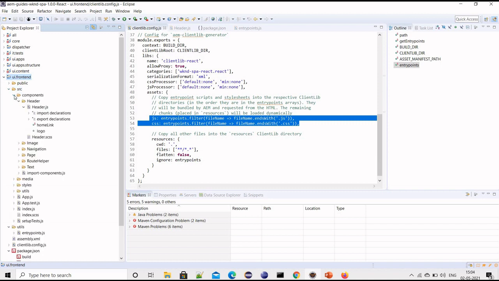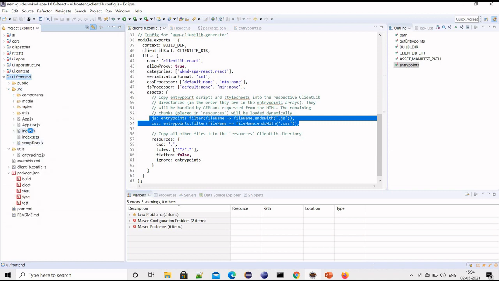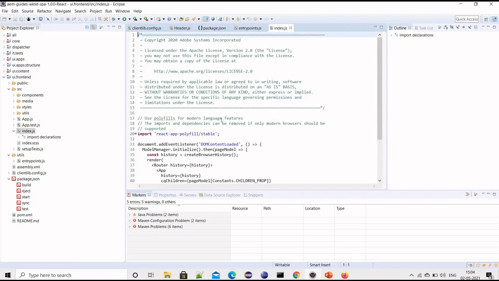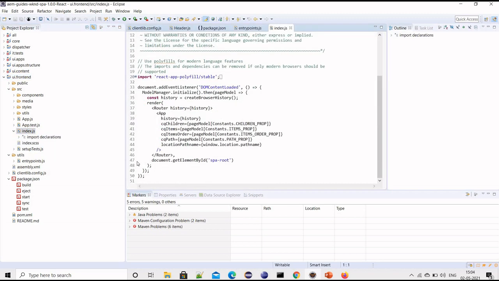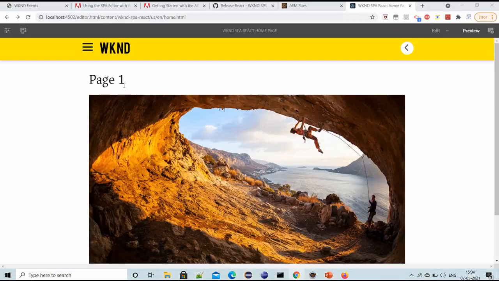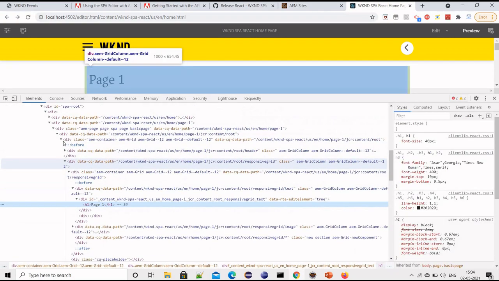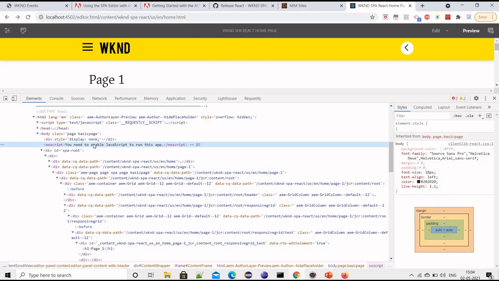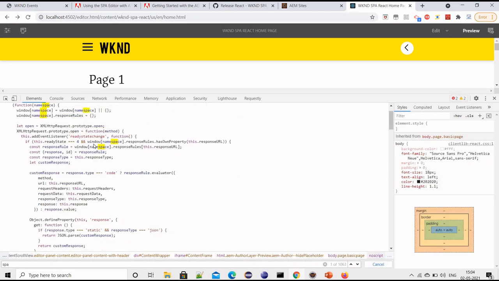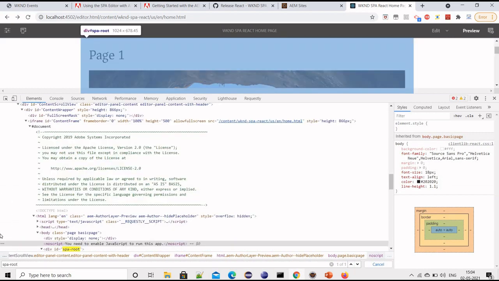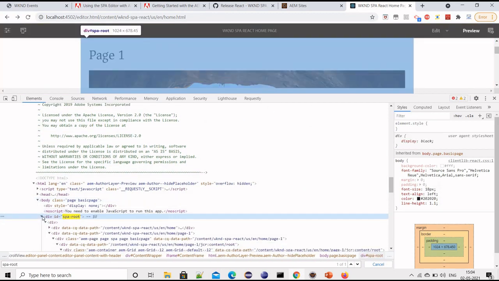If you see line number 47, this is the DOM root of our project. Inside this we will render all the HTML, so everything is coming inside this only.